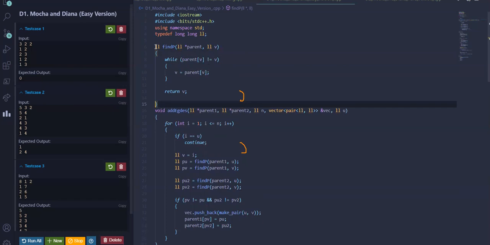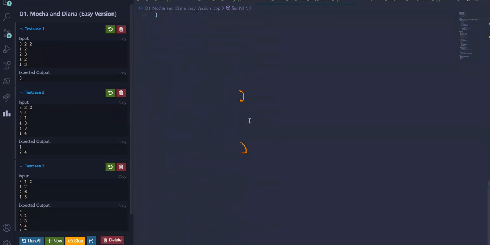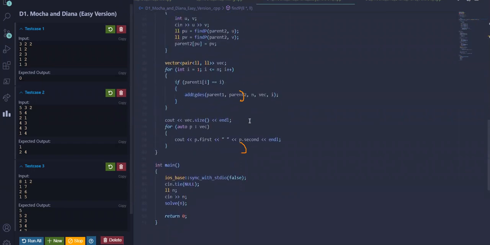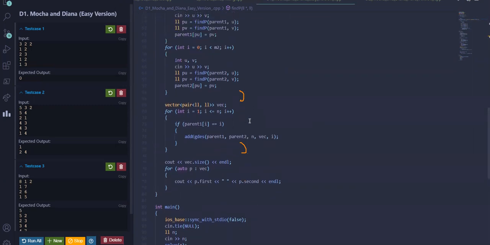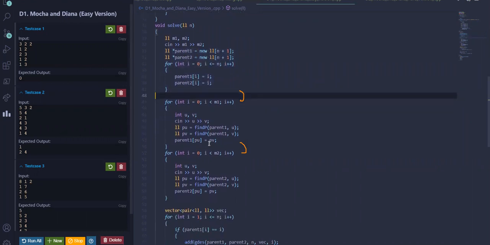Now let's talk about the complexity of this solution. Since the number of nodes in problem D1 is maximum 10 to the power 3, all these operations on parent 1 and parent 2 are order n.